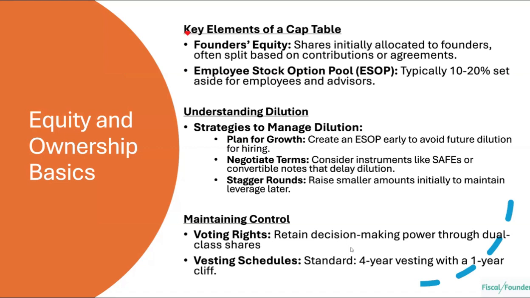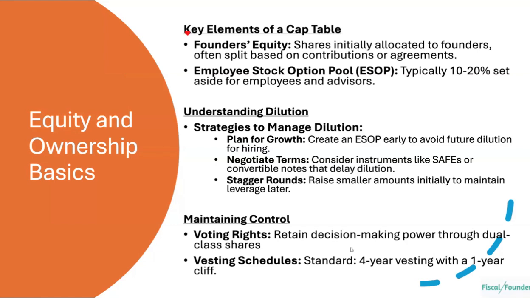Again, vesting schedules typically for employees are very standard. You do a 4-year vesting with a 1-year cliff. I've seen some unique ones happen where we brought in a C-suite person and gave them RSUs, which is restricted stock units. We've done no cliffs for some of them because we really wanted them. So there's a lot of combinations of vesting schedules you can do depending upon the type of skill set you're trying to bring into the company. But typical, very standard is 4-year vesting with a 1-year cliff.